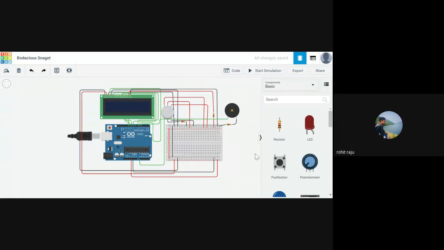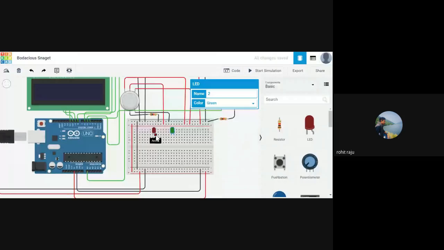We also need two LEDs, as I've said. Let's make one green for the safe LED. Let's connect two random places on our board. Yeah, this is the anode part. We need two resistors now.